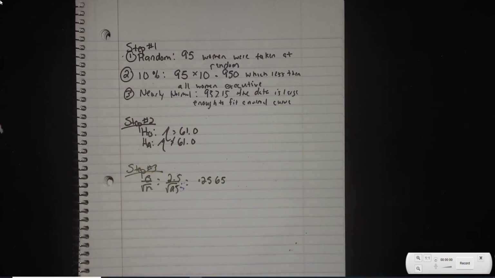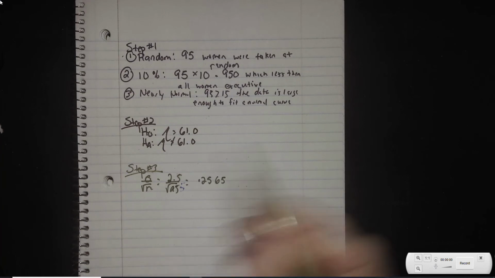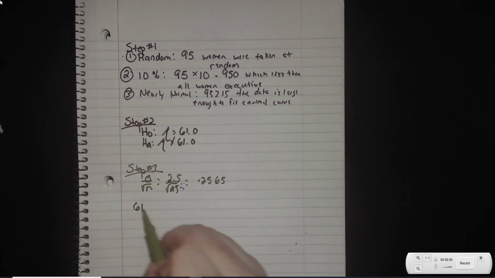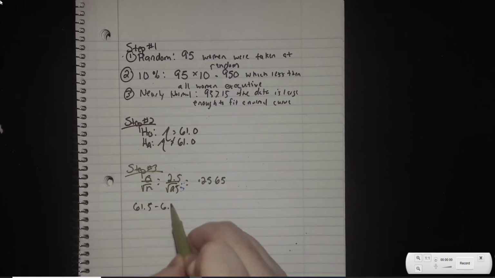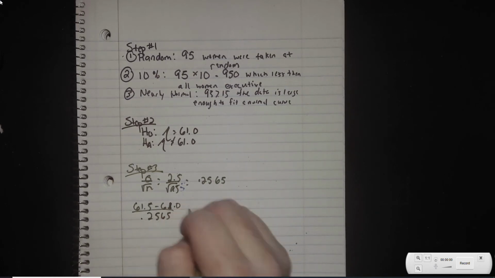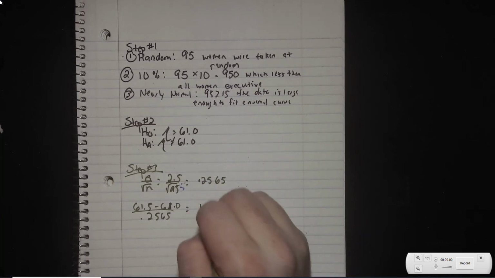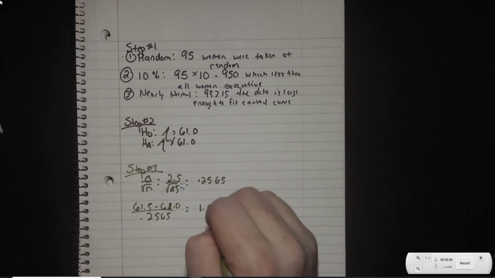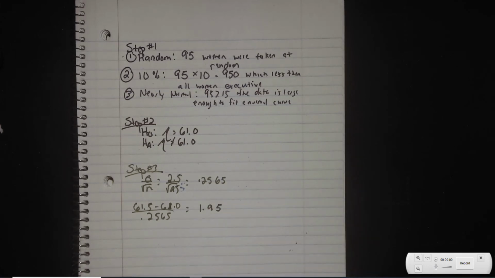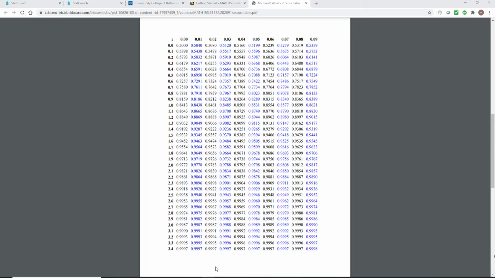Okay, so I then do 61.5 minus 61.0 divided by 0.2565, and I get, let's see, 1.95, and if I look that up in my chart, it gives me